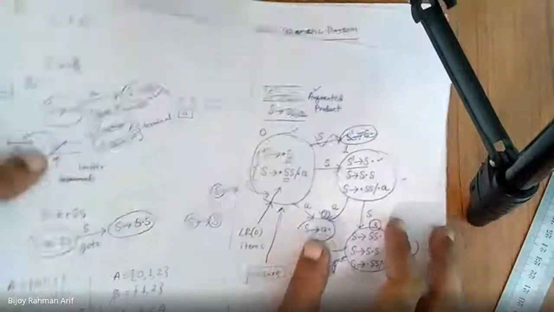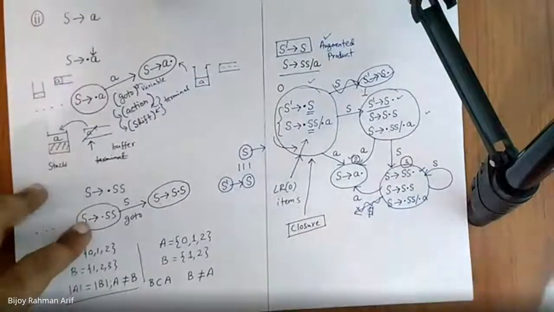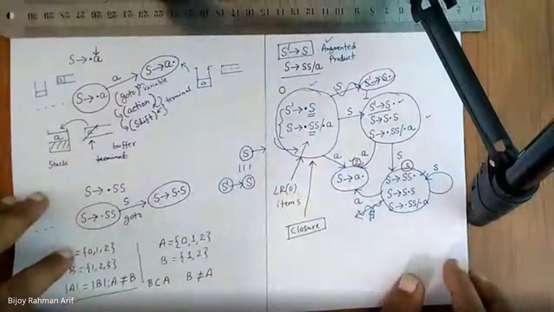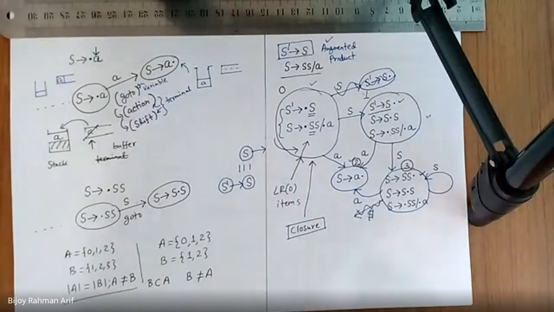Let's take this down. Let's try to create an entry for this. Let's try to draw the table for this. How can I draw the table? What would be the table for this? You'll fill up the table. So how can I fill up the table?